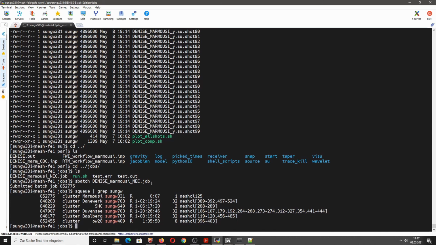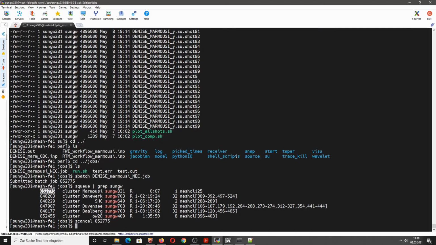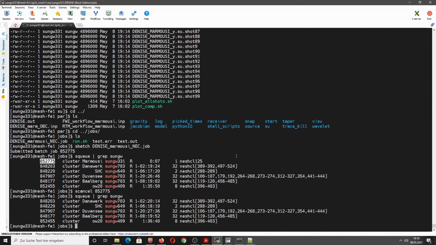And for example, if you want to cancel your job now, because you found an error in your model or something like that, you can do this with scancel and then define the job number. So this would cancel now our job that we are currently running. Look at it again. Yeah, so it's cancelled, or what's more likely, that it was already finished.